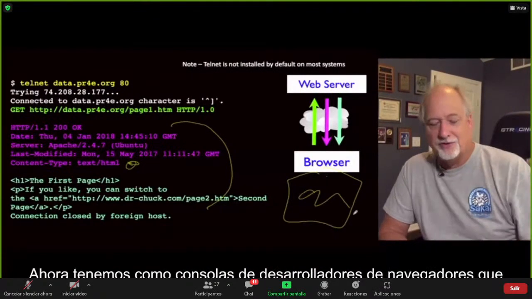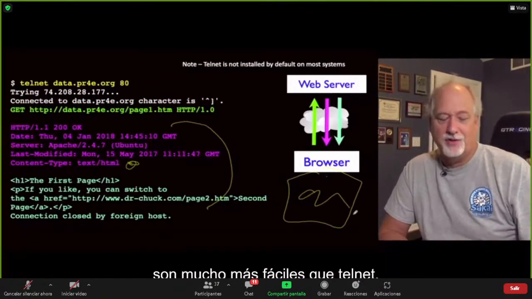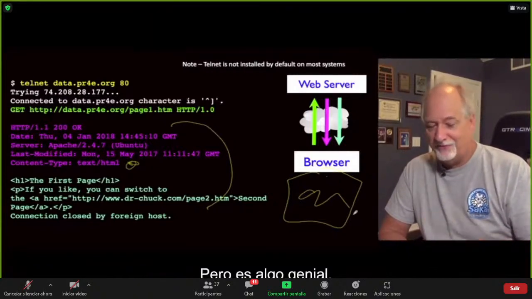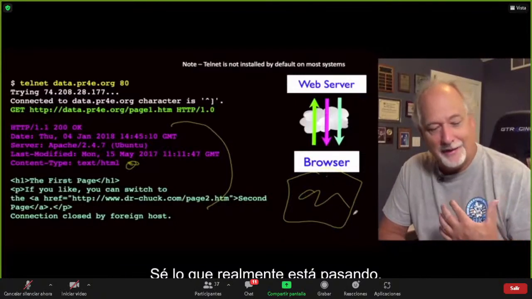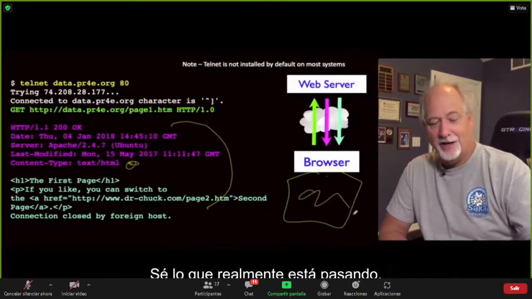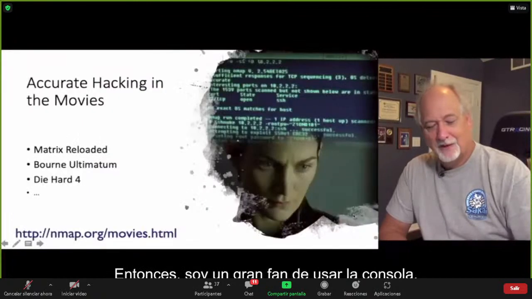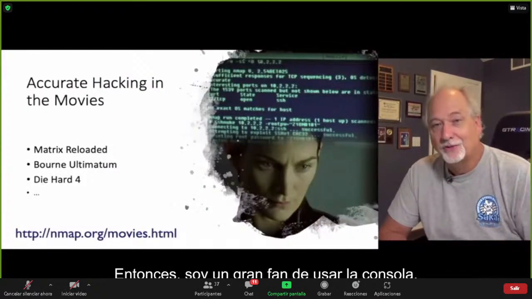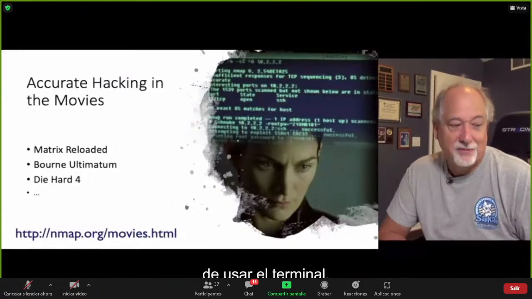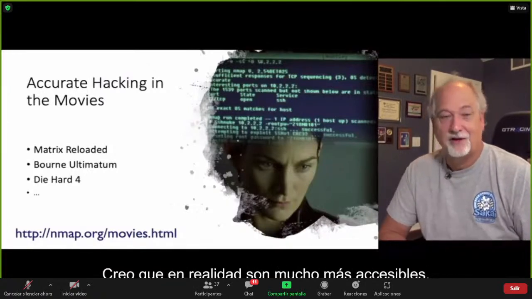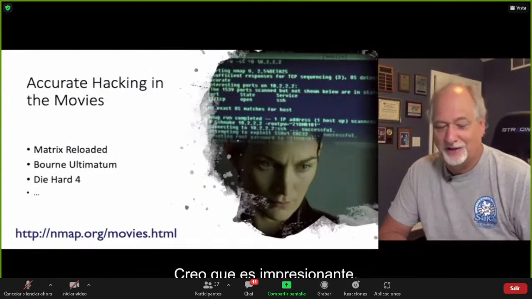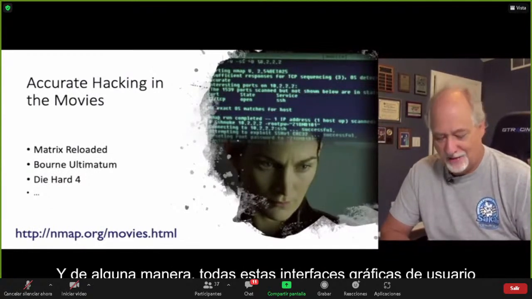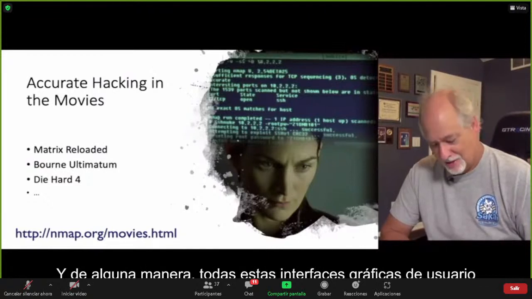Now we've got browser developer consoles that are way easier than Telnet. But it's kind of a cool thing. Feel free to do this, and you'll be like, I know what's really going on. I'm a big fan of using the console, the terminal, and text-based interfaces. I think they're actually way more accessible. I think it's awesome. And in a way, all these fancy graphical user interfaces distract us